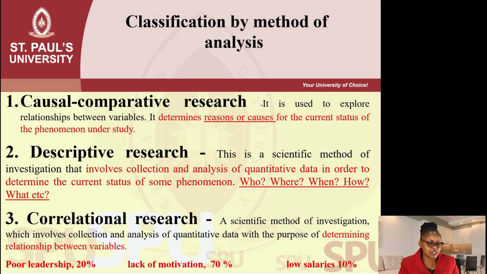But correlational research goes to an extent of finding out if there are multiple variables that are contributing to high labor turnover. One of them could be poor leadership. Another one could be lack of motivation. Another one could be low salaries and wages. Somebody would want to find out among these three, which one is contributing to this problem the most? Which one is contributing to high labor turnover more than all the others? Is it poor leadership? Is it lack of motivation? Is it low salaries? Because if you present your recommendation or your conclusion